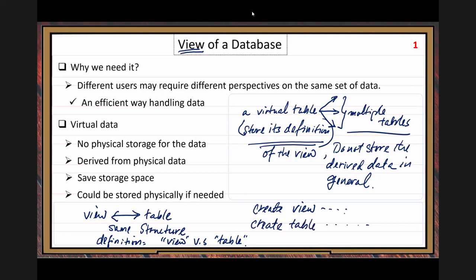The remaining part, when you describe the structure in the view and in the table, is exactly the same. The only difference is this one word. One you use view, another you use table. That's the difference. So it is very easy.